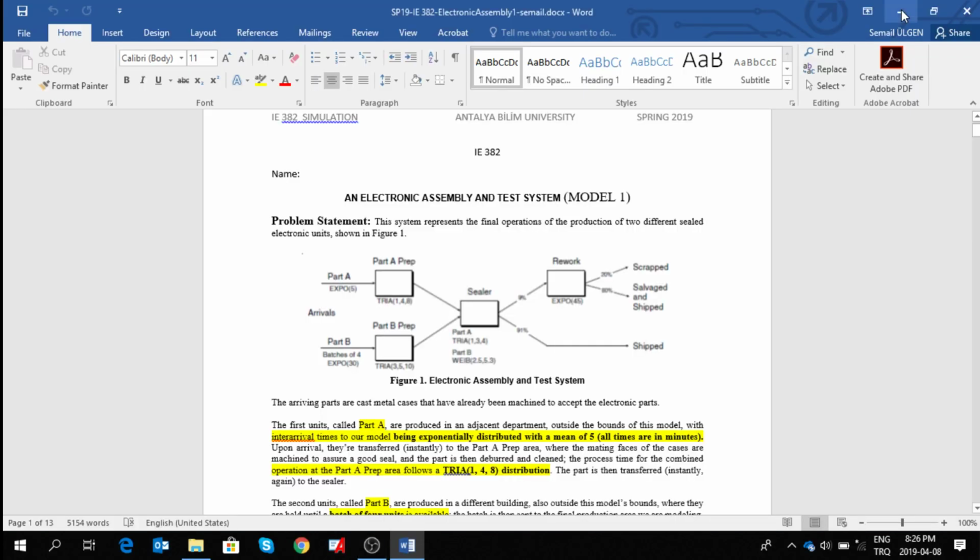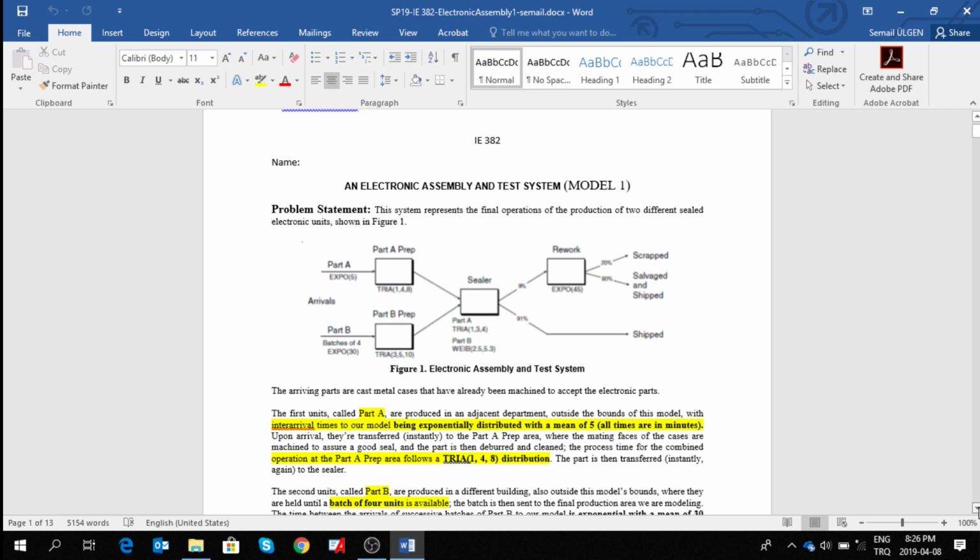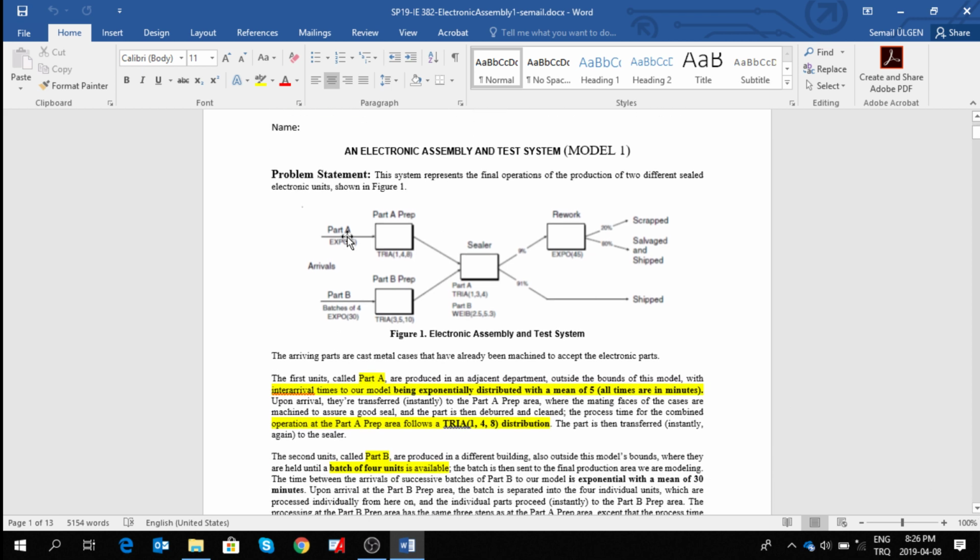Hello. This is about an electronic assembly and test system, model 1. I'm going to state the problem first. In this problem you can see there's a system, and I'm going to explain the whole question